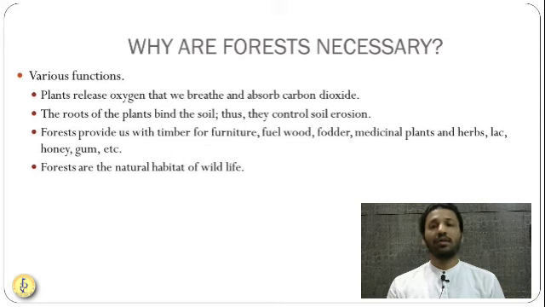Getting it? So this is very important. That's why 95% of rivers in India are forest-fed rivers. Though their origin is from the glacier, 95% of the water comes from the forest. Forest is also habitat for wildlife and birds. So we have seen that forest directly decides the type of animals and birds in your area. So forests are a major deciding factor for wildlife. Okay, so these are the things.